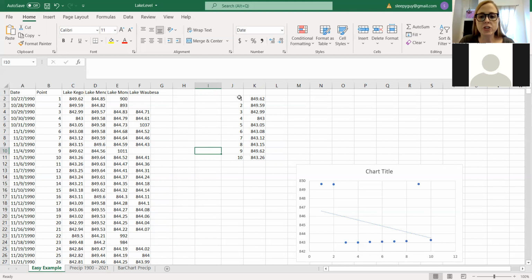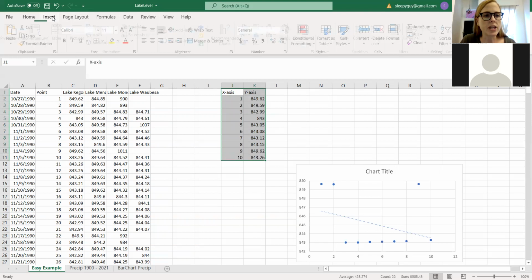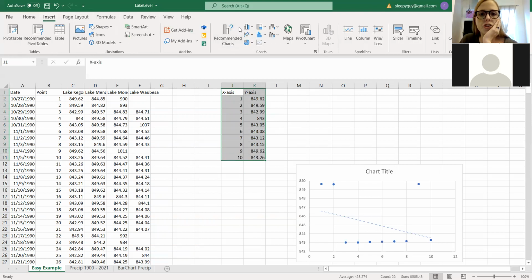But what I did here is I just wanted to do a very easy chart first. So I just took 10 data points. This data set goes all the way back from 1990 to 2021, but I wanted to do just 10 data points. The way that you want to do your chart in Excel is that you want your x-axis on the left column and your y-axis on the right. Then you can highlight your data set and go to insert, and here where there's charts,